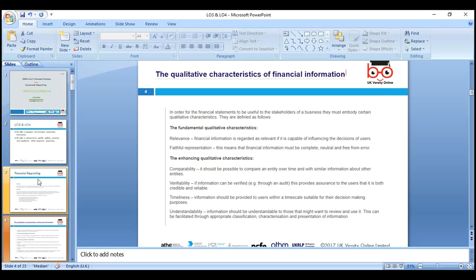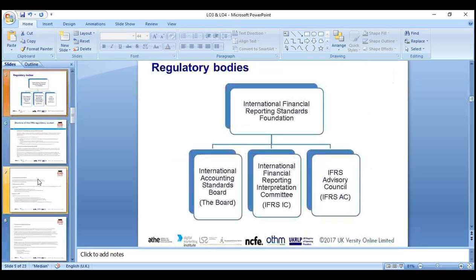Classification, like non-current assets should be classified under non-current assets, or fixed cost and variable cost should be classified accordingly, such as in the cost of sales. Categorization: we can divide them across short term and long term. We can base it on legal obligation, liability, current liability, and non-current liability, and we should show the information correctly.